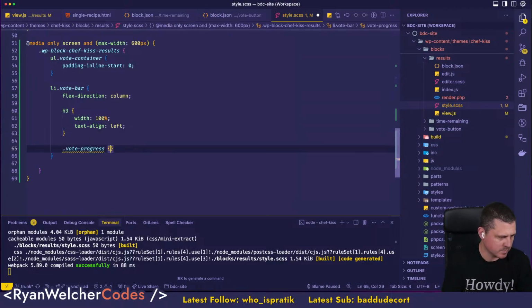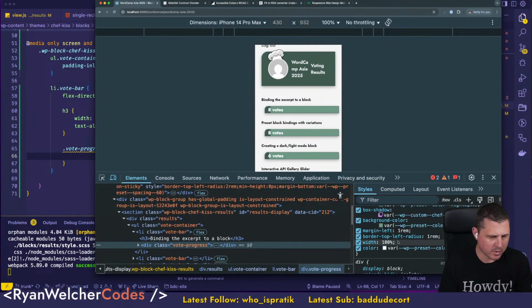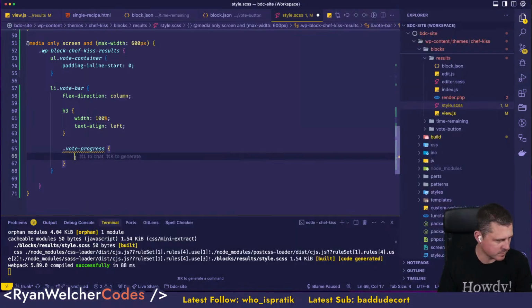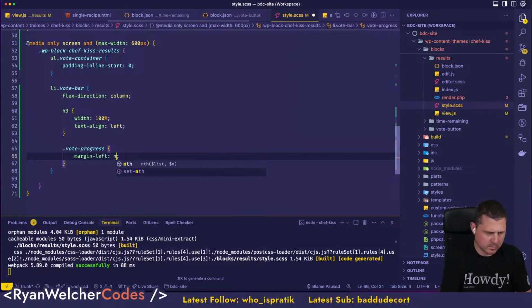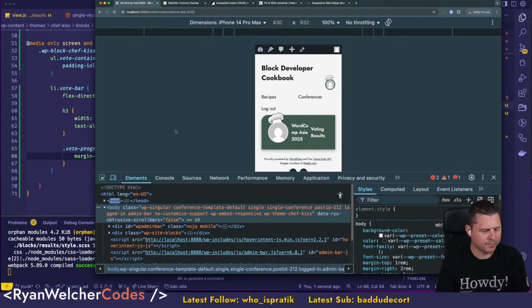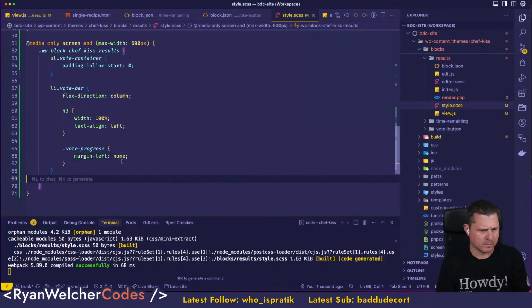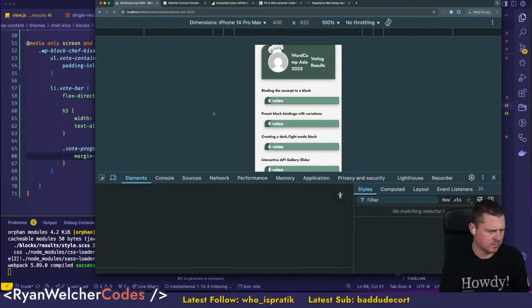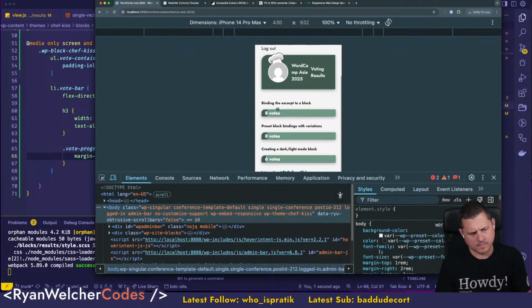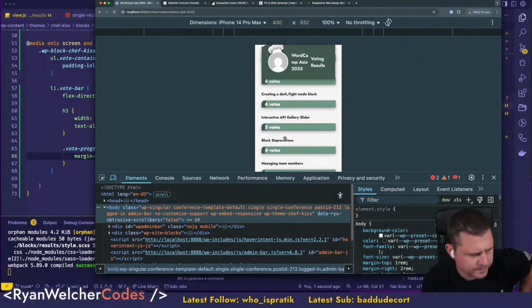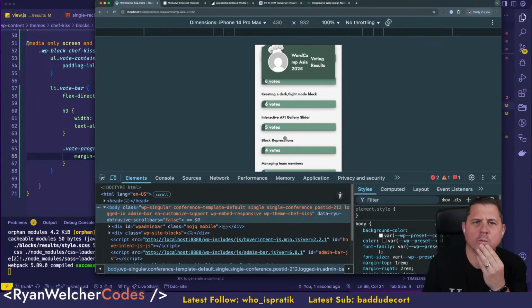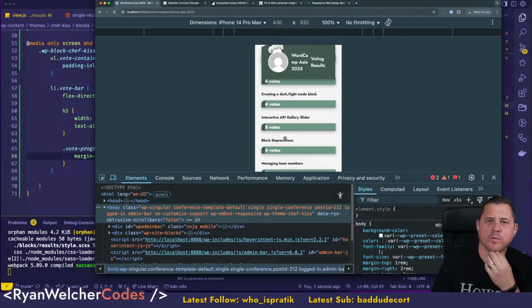Right, so I should just be able to remove the margin. Margin left is none. Should be none, right? There we go. It looks a little bit better. It's more work right now on the stream to switch to min width and clean it up, but it'll be